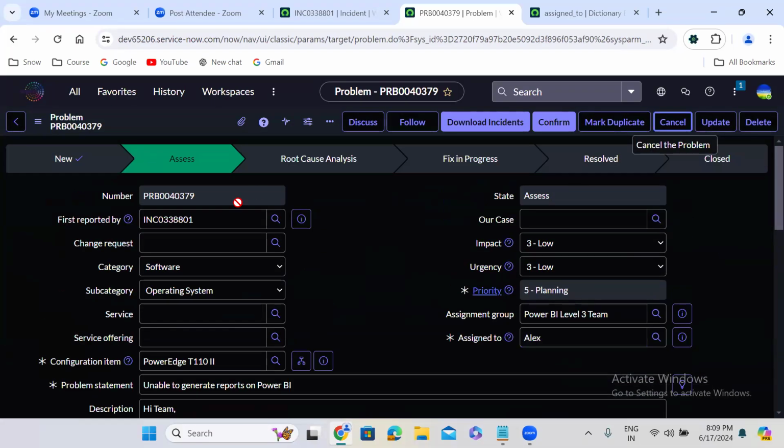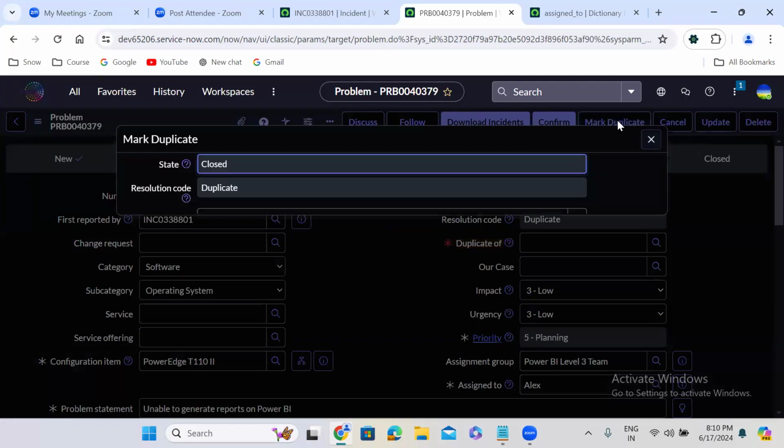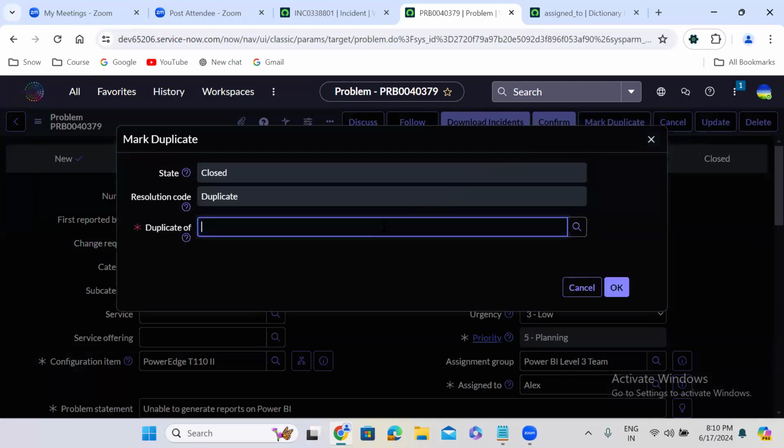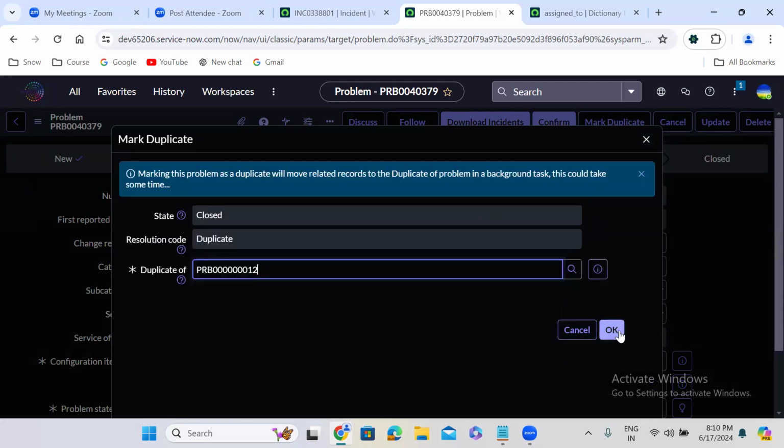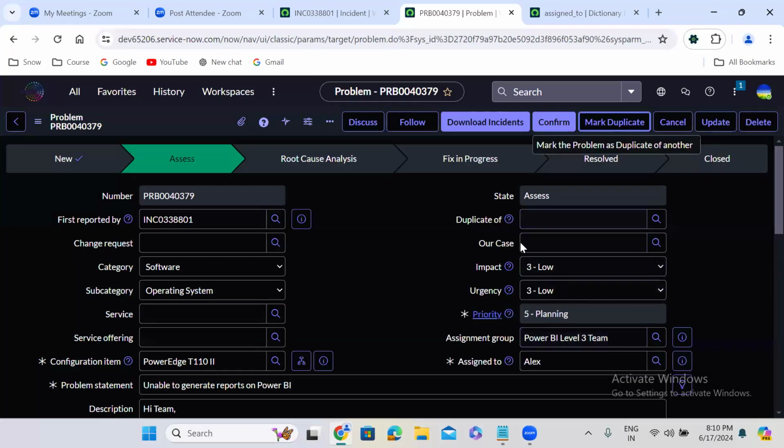And while doing some assessment, if he identifies that there is already a problem record for the same issue, then he will mark it as duplicate. Which already existing problem is the duplicate? You select the duplicate and click on OK so that it will be marked as duplicate.